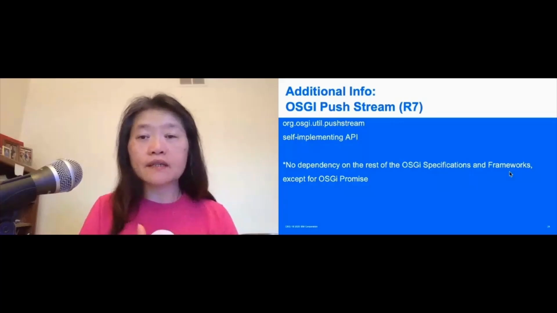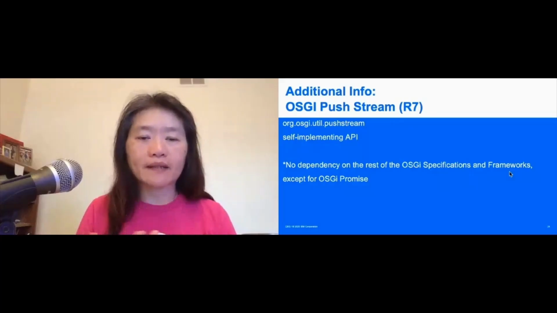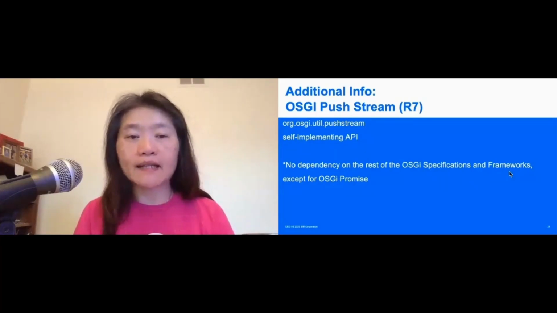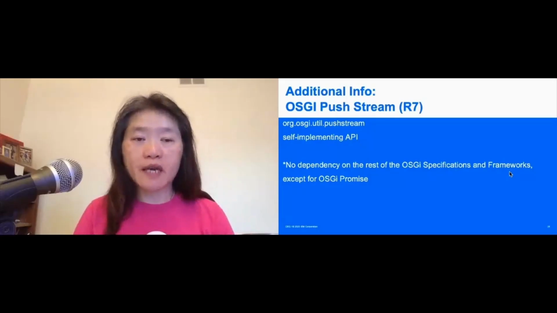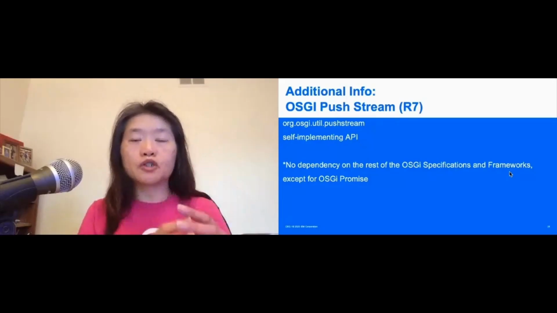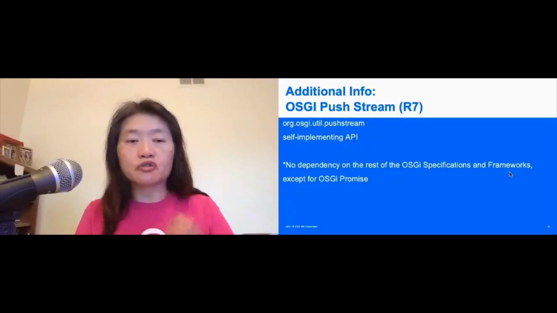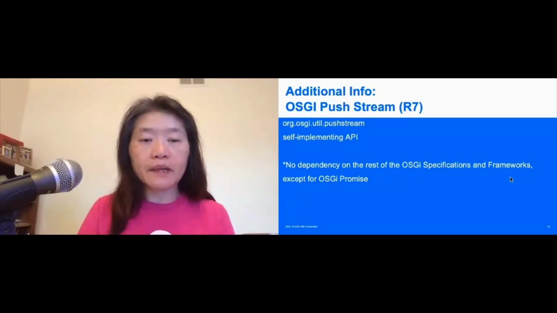There's also one more example, which is OSGi. It doesn't explicitly support reactive streams, but I want to point it out, because OSGi, as you know, is the framework behind the Eclipse IDE. And there's also a push stream specification. That one is a true push, making use of real push streams, and it's a self-implementing API too.